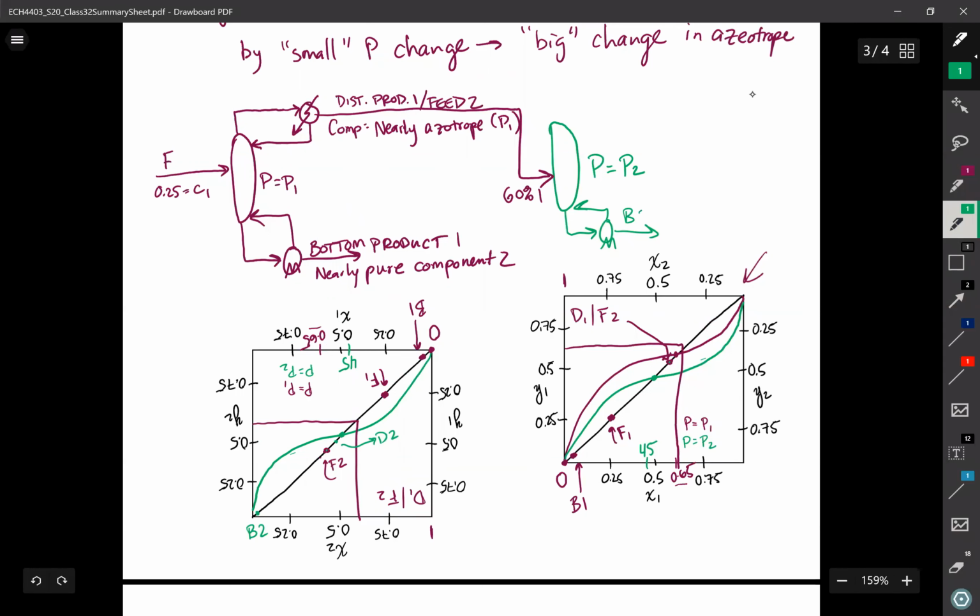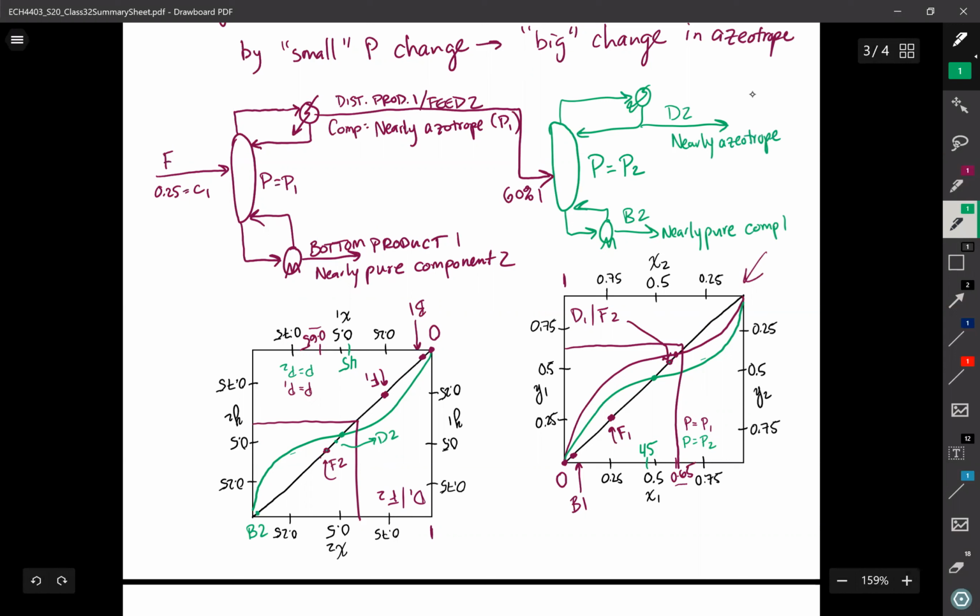Bottoms product 2 is going to be nearly pure, or whatever the specification is, nearly pure component 1. And for the tops, I can go back to my typical total condenser if I want to get my liquid product. This is going to be distillate 2, and this is going to be nearly azeotropic,